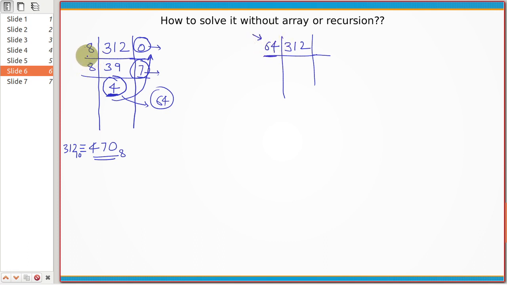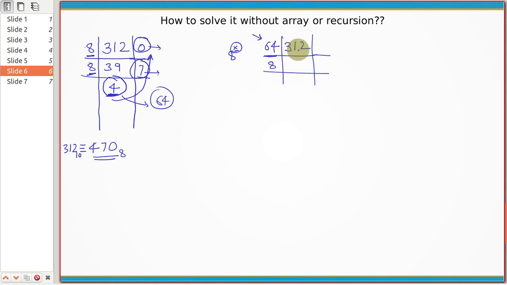Here it was easier, right? The number to start with is the same as the base, right? But here it is your base raised to something. So here it is 8 raised to 2, but how to get this power, or from which number to start dividing, we will look into later. But what I am trying to say is, we will divide this number by 64 first, and then we will divide it by 8, and then we will not divide it any further, right?